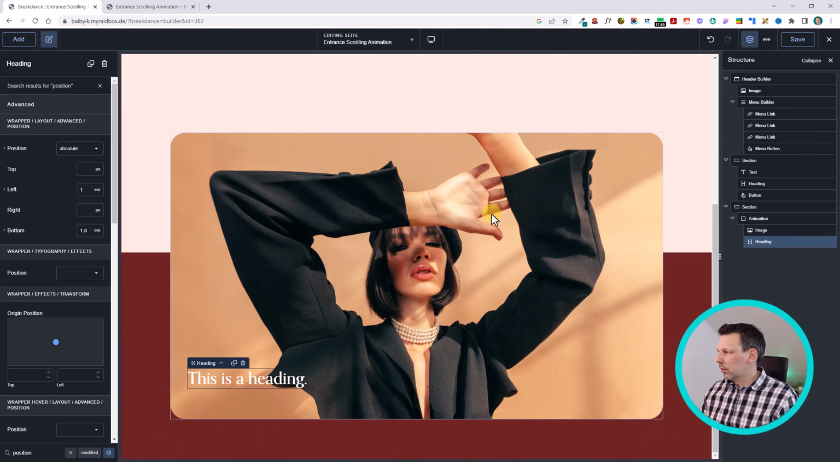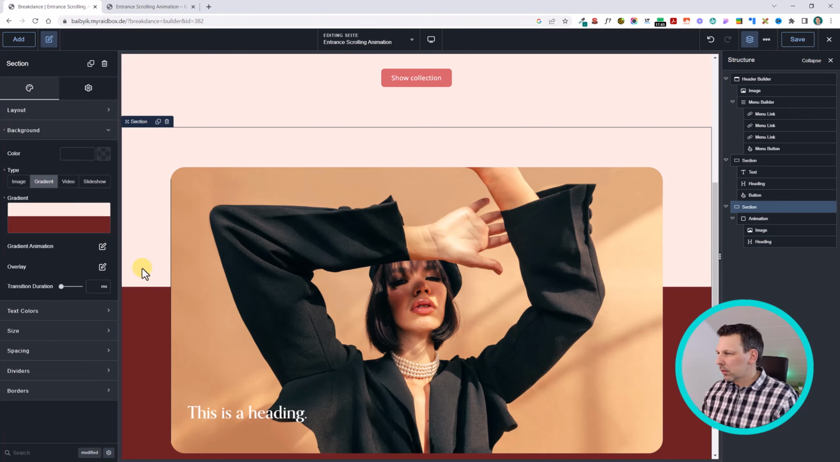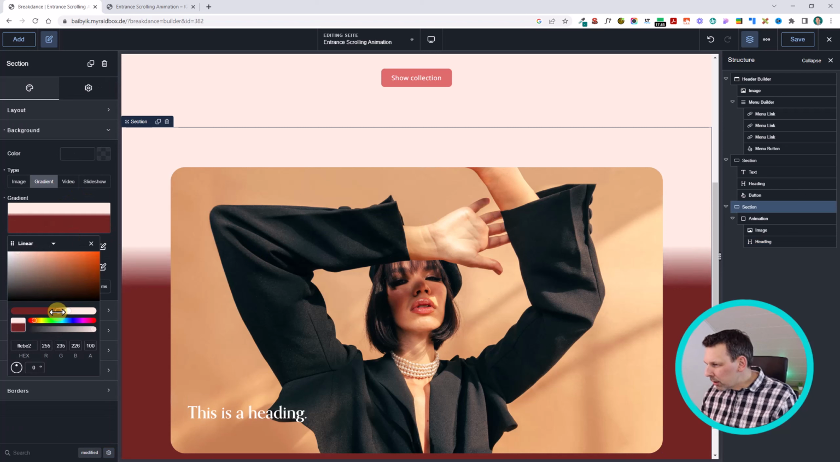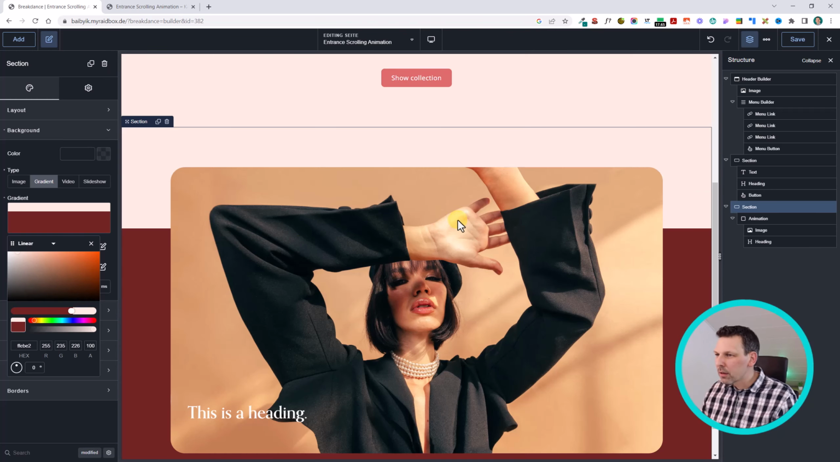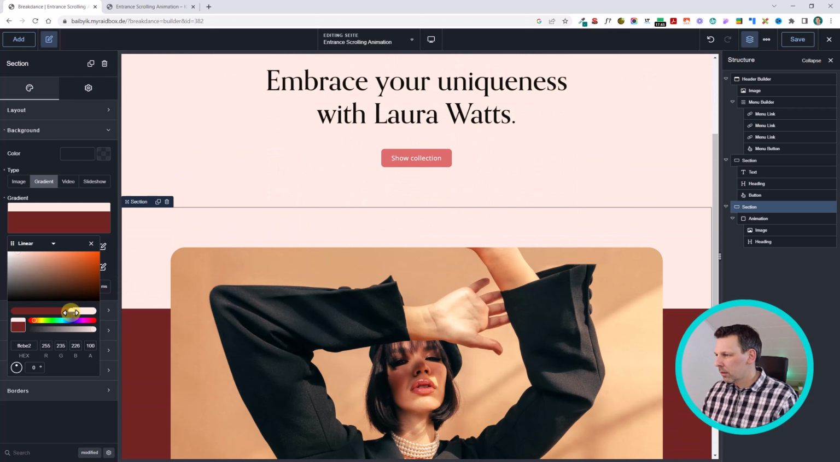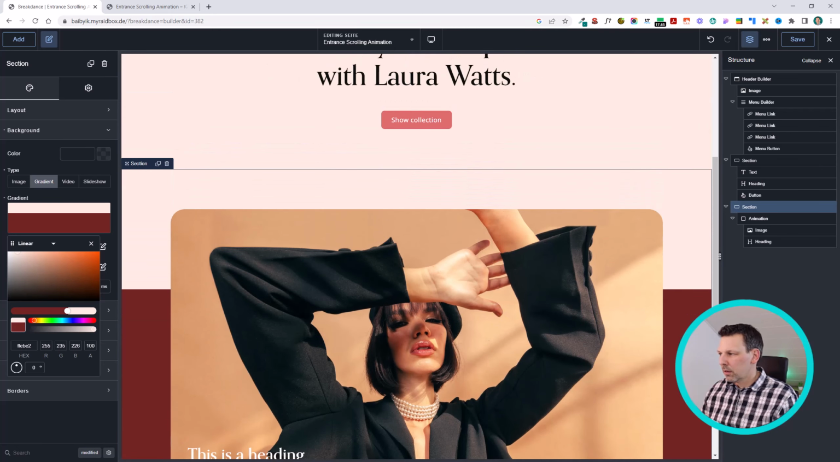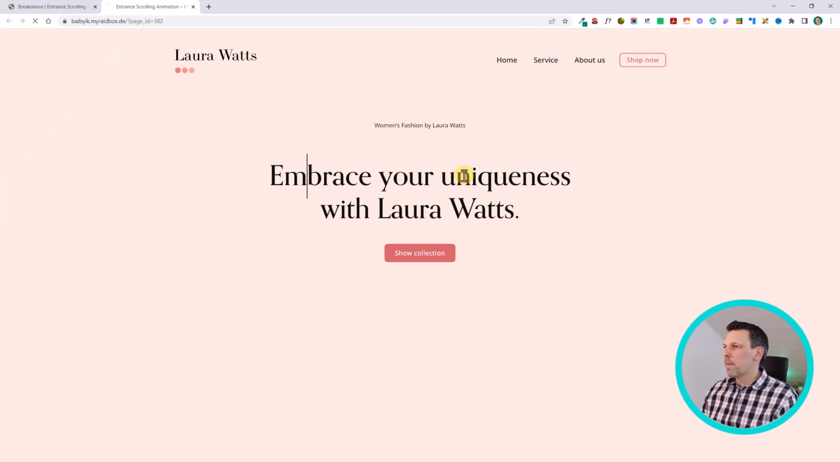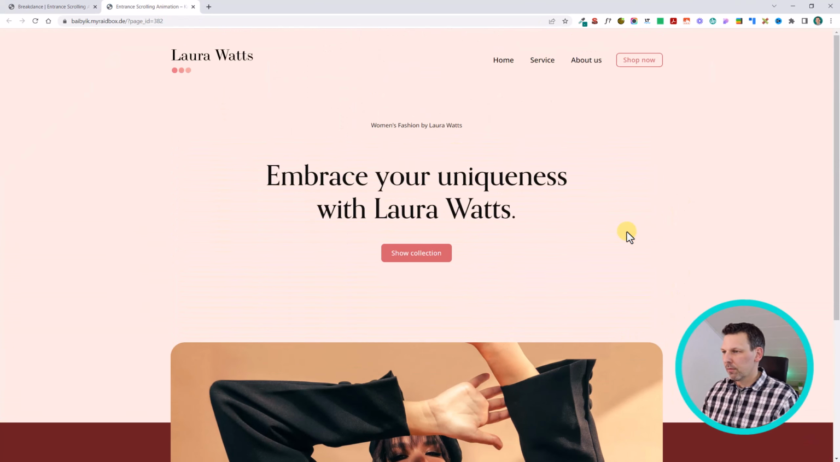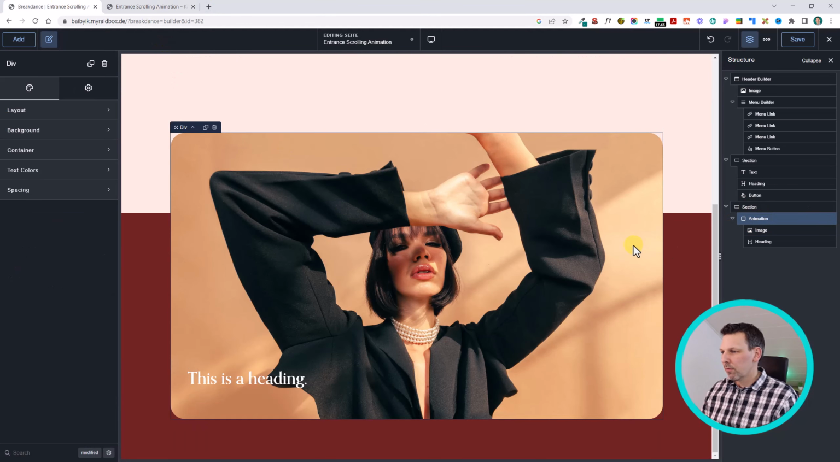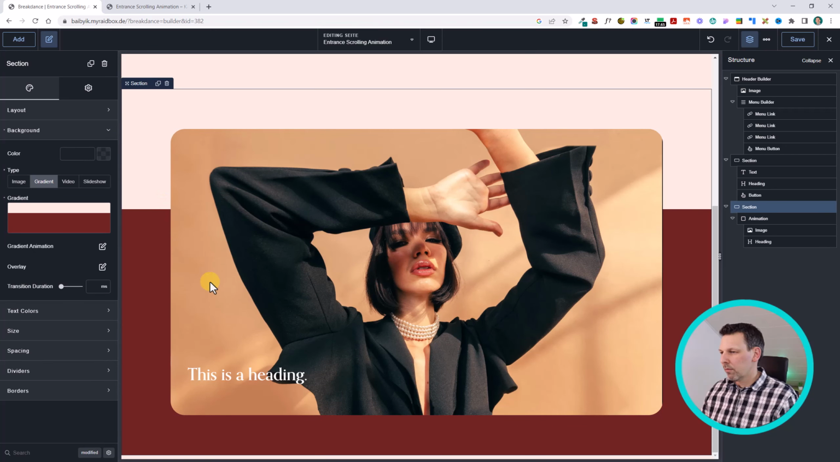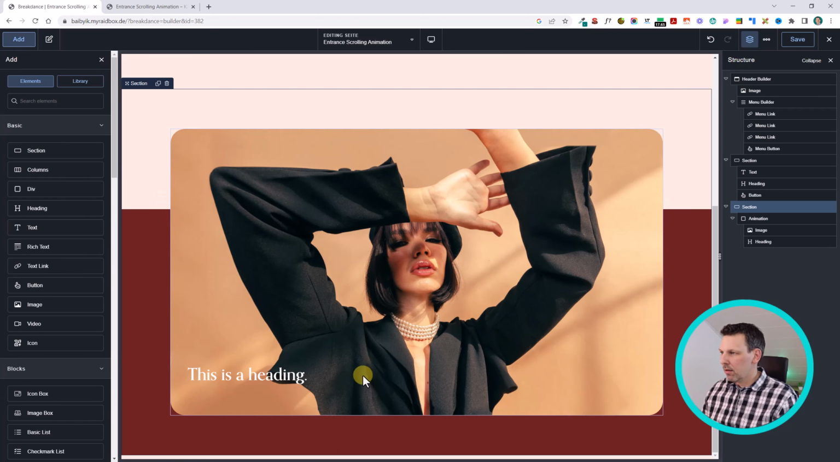And maybe I adjust the gradient a bit. Bring it a little bit more to the top end. Yeah, like so. All right, then let's add another section